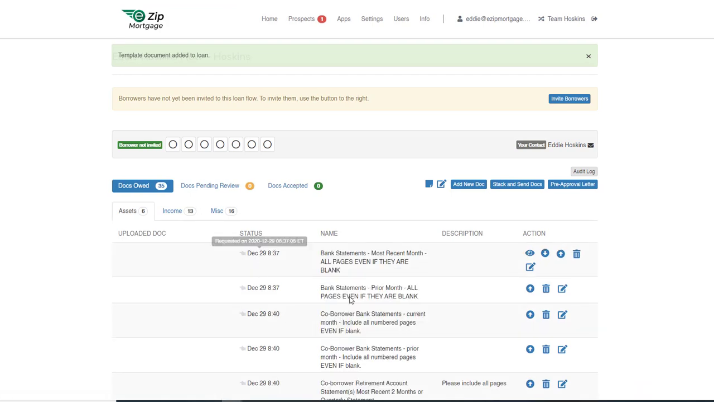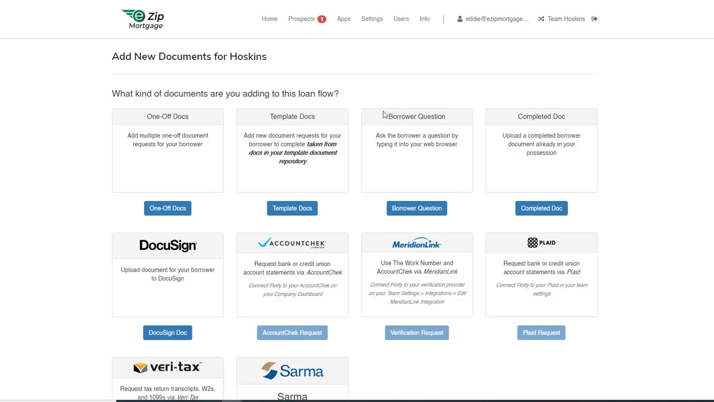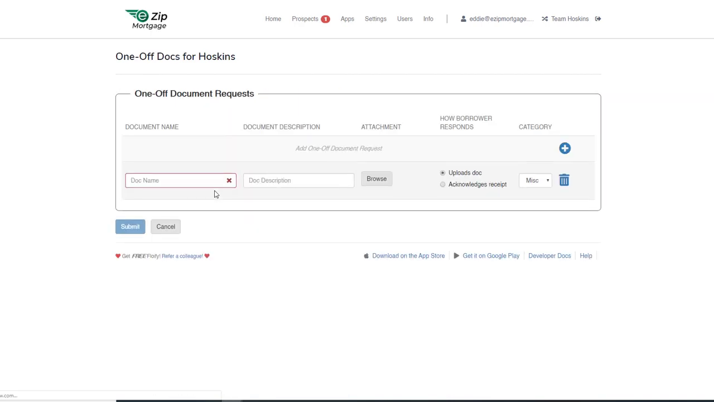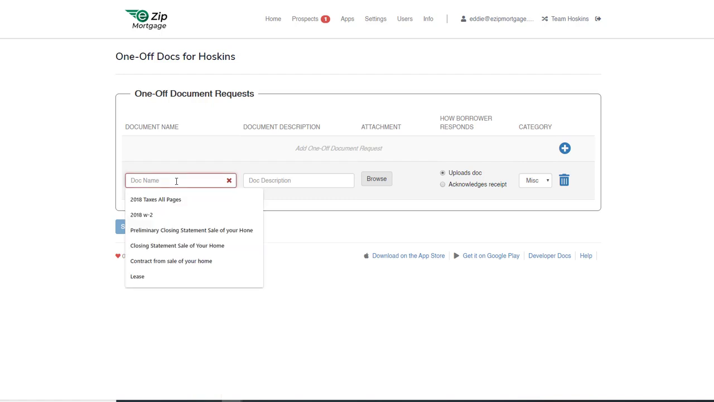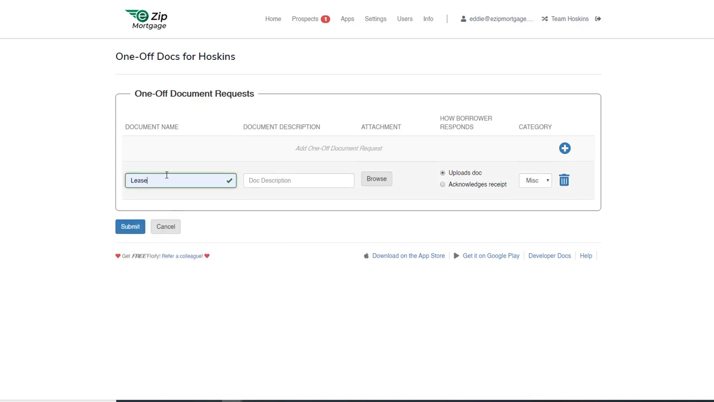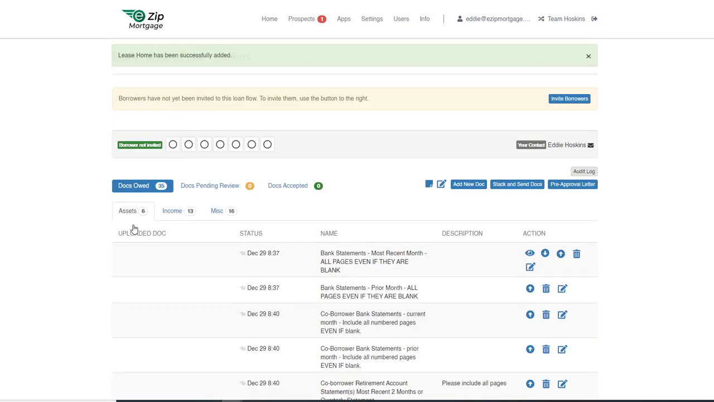Okay, so now that we've got all those things selected, the last thing we want to do is, let's do one-off docs. Here we go. So one-off docs allow you to request anything that you want from your borrower. So let's just say that you need a lease. You can type in anything you want to. No need to type anything over here. Just type it right here on this side,